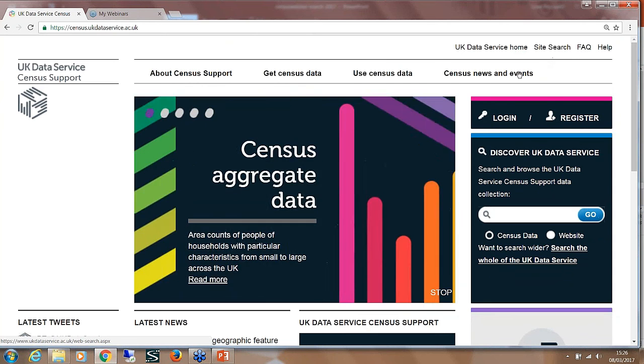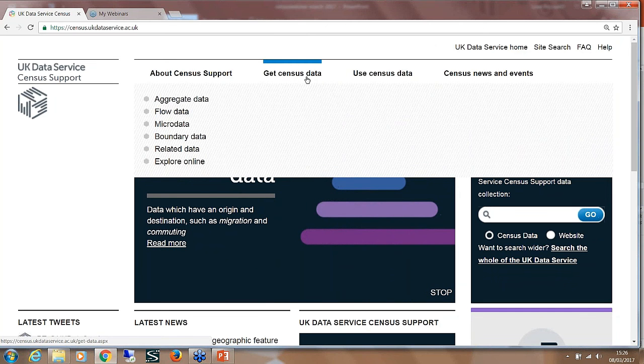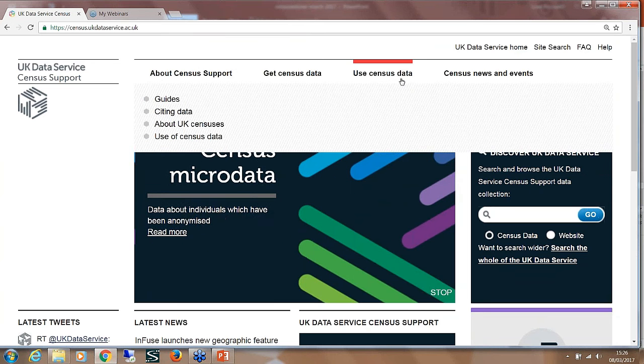So there's general information about census support, but this is how you would get hold of the census data, divided by the different data types here. Under Use Census Data, while we're here, I might as well show you there is some stuff about UK